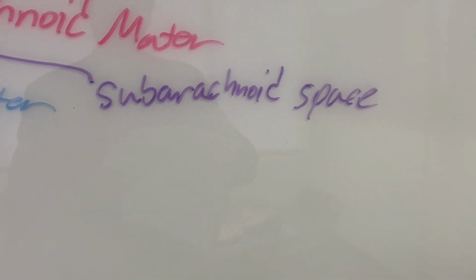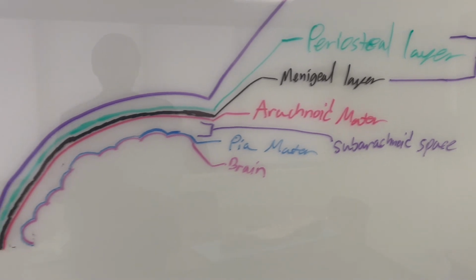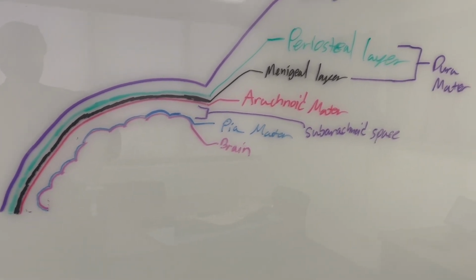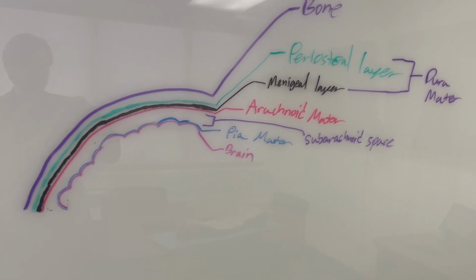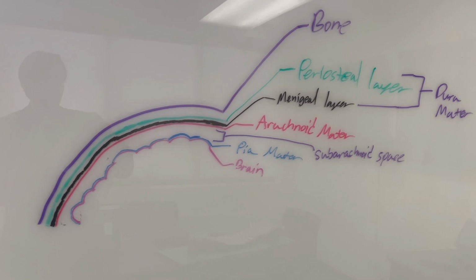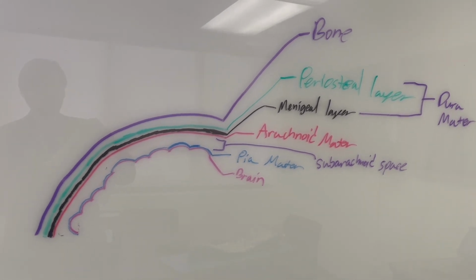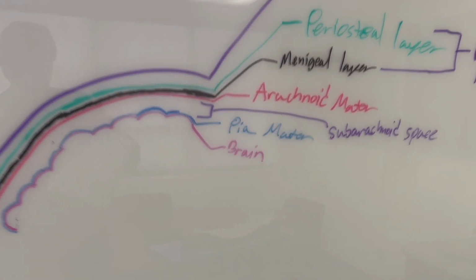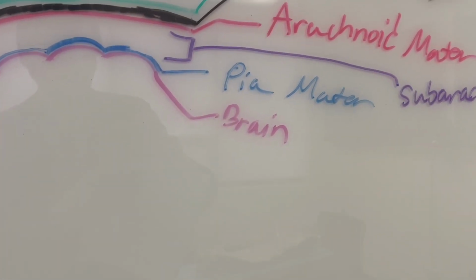That's this right here. The subarachnoid space is that space between the arachnoid matter and the pia mater, and it allows for the circulation of cerebrospinal fluid. It's extremely important for helping to cushion our brain, and it also helps to distribute resources and nutrients to our brain. Very important. Last but not least, we've got the lowermost layer, or the innermost layer of our meninges, which